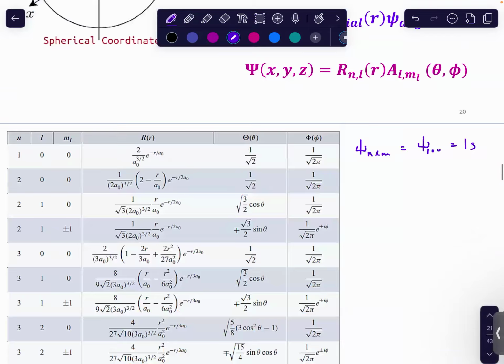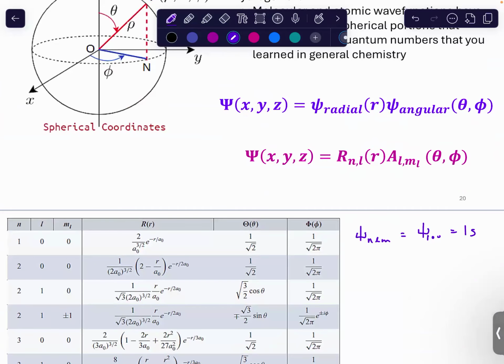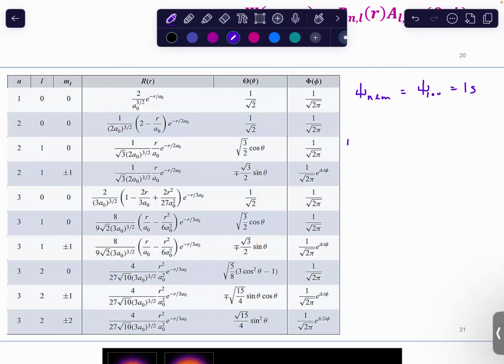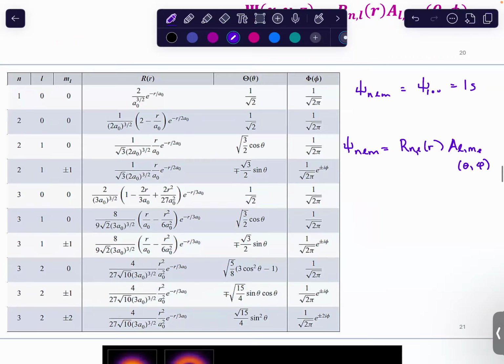Oh, and I wanted to add one thing up here. So I talked about multiplying these together. If you stretch this out more, so your psi, and Ln. So your radial part brings in n and your angular momentum. Your A brings in angular momentum and magnetic. Just don't have quite enough room here. Your A